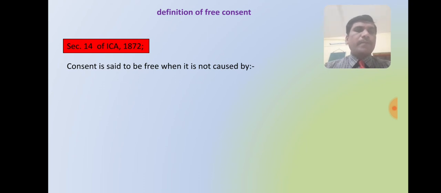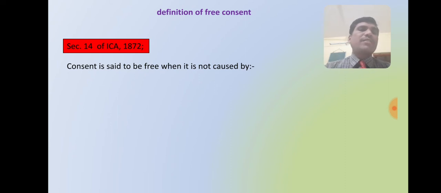Now we have to discuss free consent. What does it mean? Free consent is a basic requirement for a valid contract. Section 10 of the Indian Contract Act 1872 provides that all agreements are contracts if they are made by the parties with free consent. So it is very important that the consent of the party should be free. Section 14 provides that consent is said to be free when it is not caused by